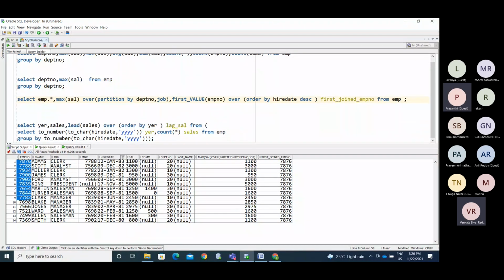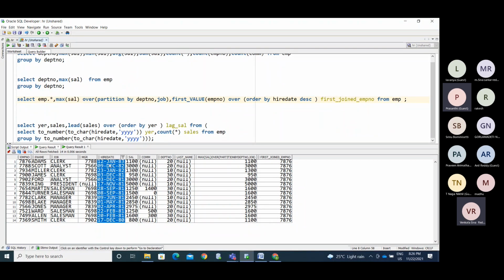Now I'm sorting the data, it's already sorted. 1983, 7876 is Adams, he joined very recently. So last value has some troubles, there is some discrepancy, you are not getting the correct values. Because of that, if you want to find the first value we use ascending, and if you want to find the last value we use descending. We have last value also, but it won't give the correct results.